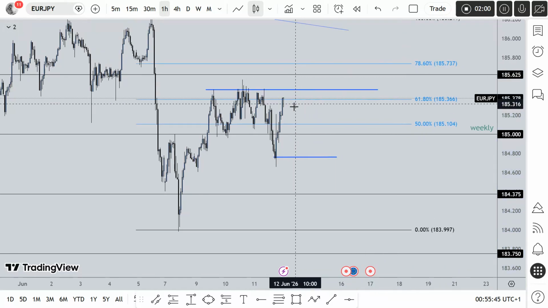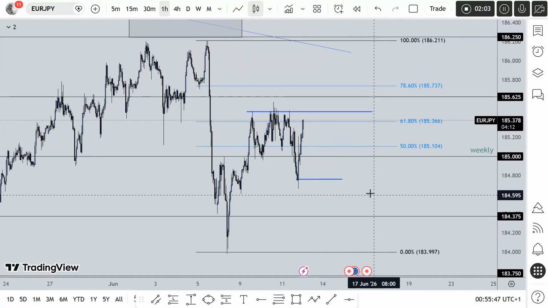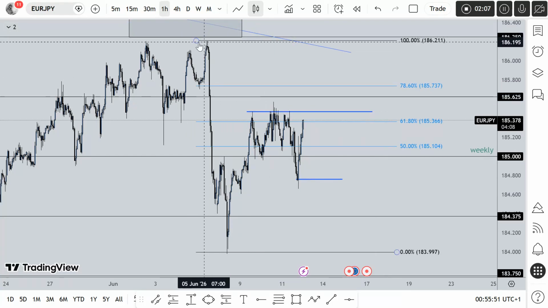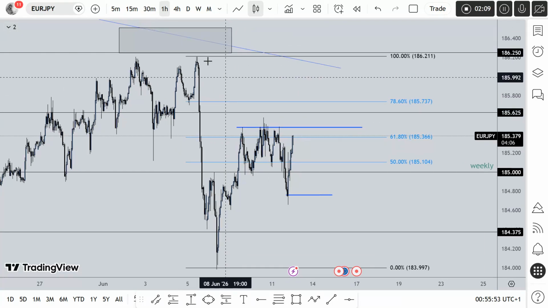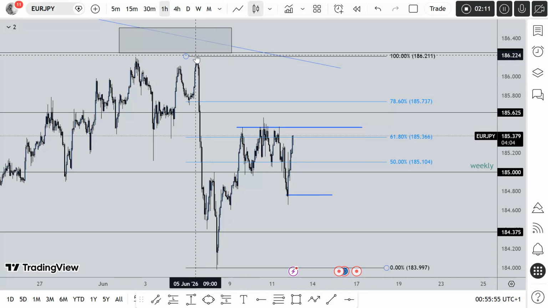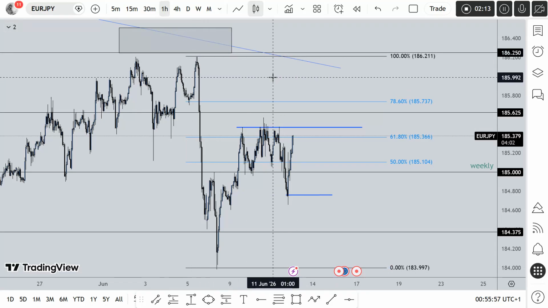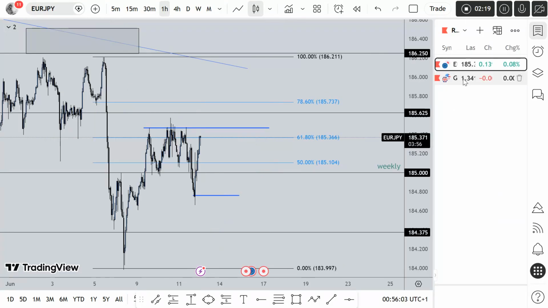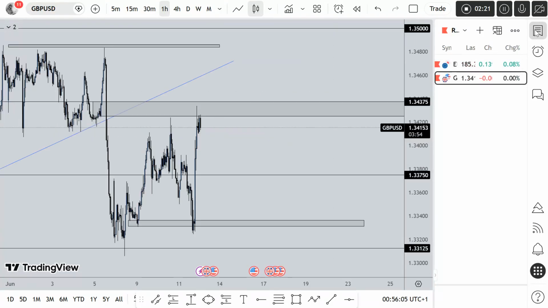But if price trades above this high, we still are very much in a selling market, because a higher high is all the way up here. So unless price trades above this 100% area that I've marked out, we're still very much looking to sell. So let's keep an eye on that one, and I'll keep you guys updated on that. Going into GBPUSD,